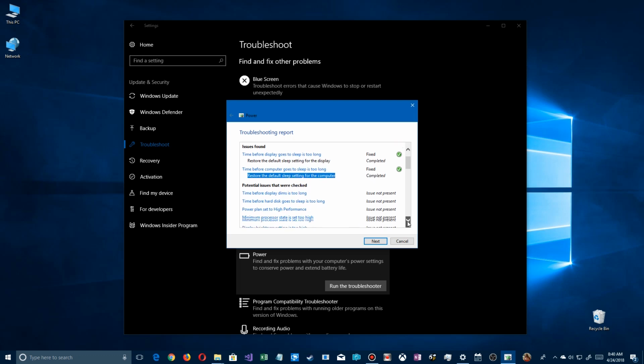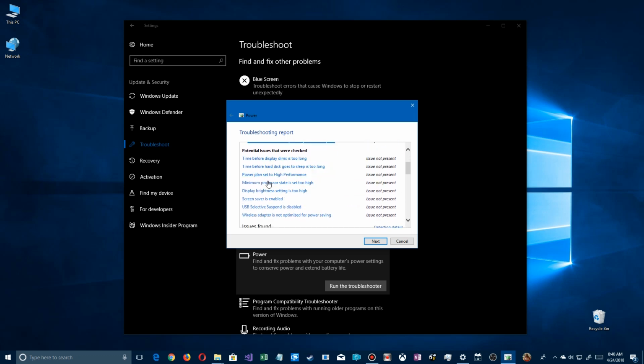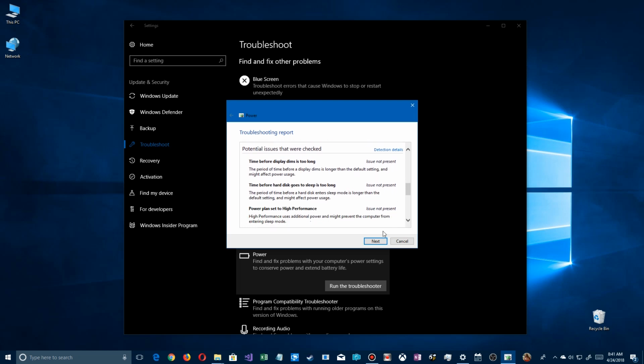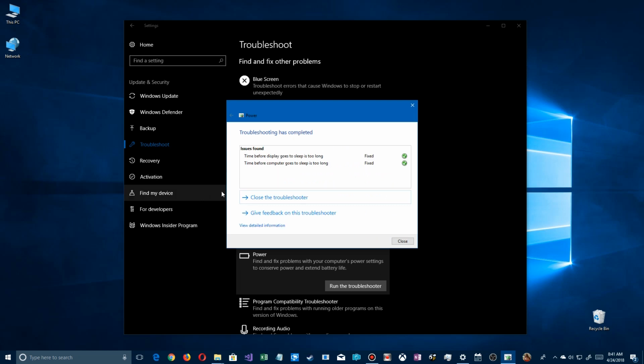And here's a list of all the things it checked. Like sometimes I like mine set on high performance because I'm playing games or whatever. But anyways, it went through and fixed these things for me. Thank you very much. But you know what? I appreciate they went and checked all that stuff, did all that stuff to make sure that all the things that are standard are standard. But I'm going to go back here